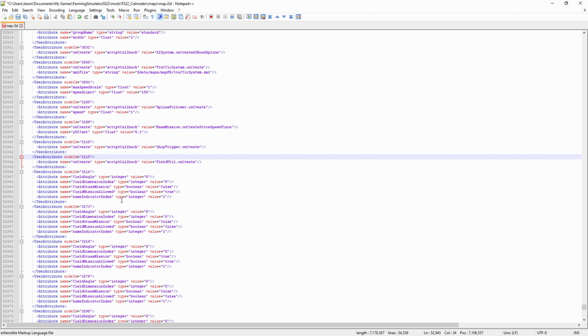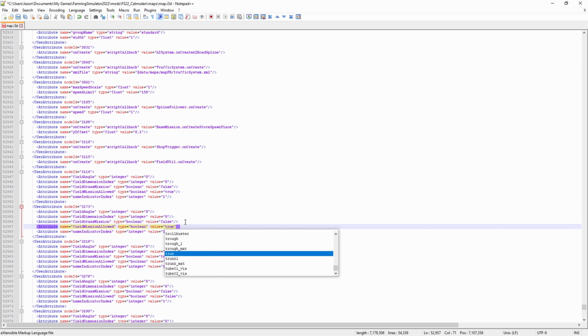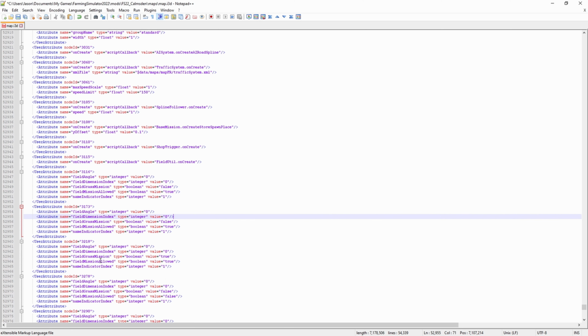Field 2 is 3173, which is this next one, and you can see it has missions allowed false. So we're going to set that to true. And then field 3 is 3218, and that does already have missions allowed. So we should be good there. So now save,